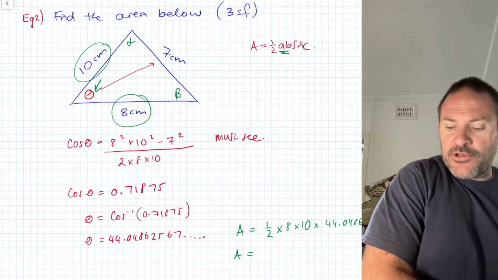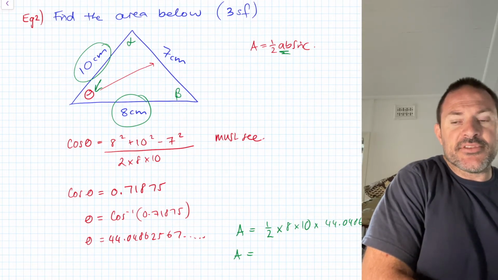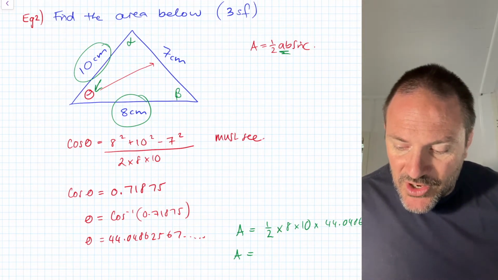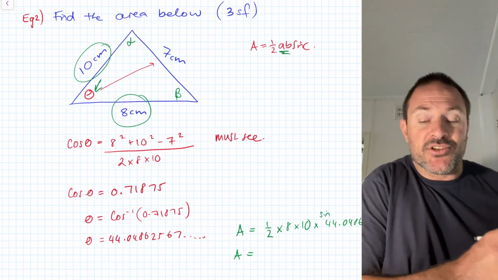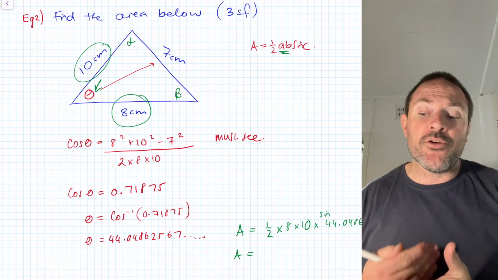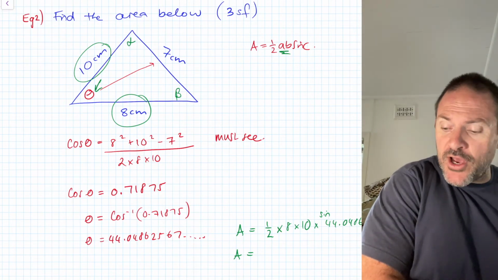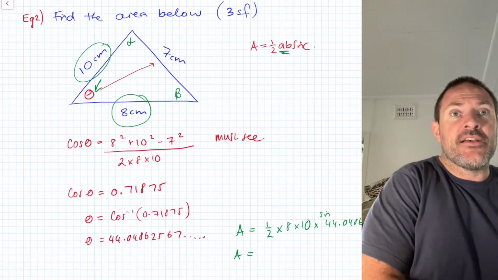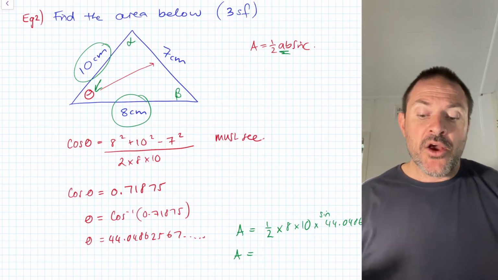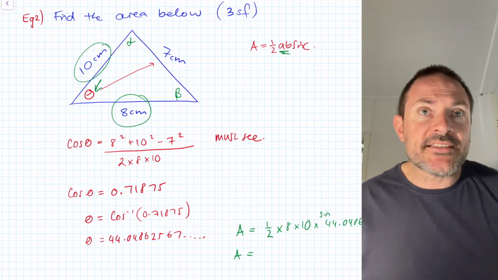0.5 multiplied by 8 times 10 times, now this is the important part. Look what I missed off there. Sine. A lot of people, because you've used cosine rule, you'll use cosine again, and you be really careful. Area rule uses sine. Be super, super careful there. Sine, and I'm going to do my answer button. So again, I've done my half times 8 times 10 times sine of the angle I just found. I now press equals, and we get